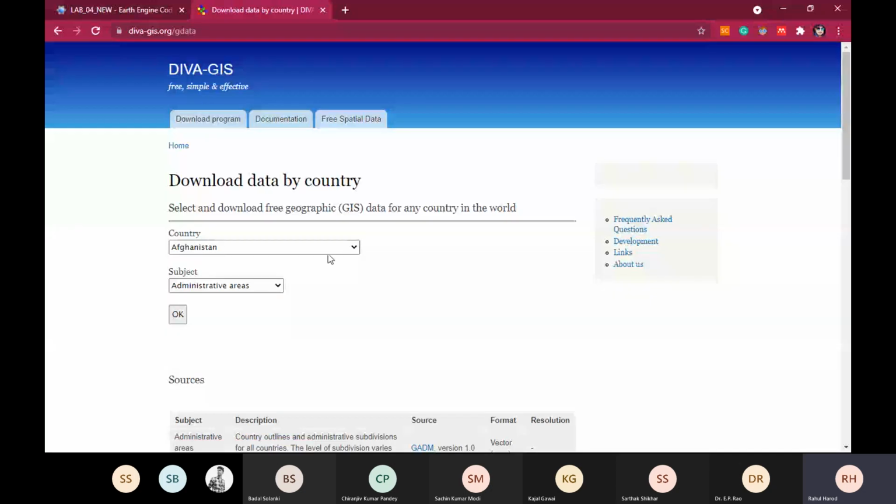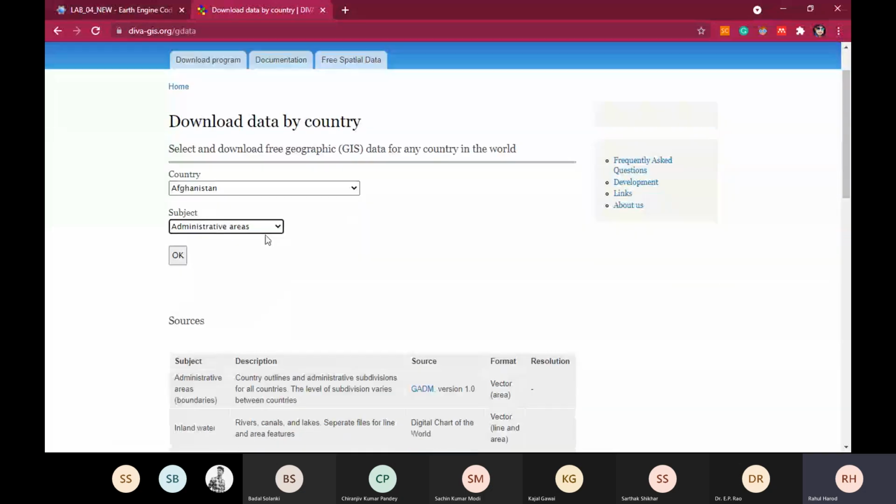On this website, shapefiles are available for all the countries, and different shapefiles are there: administrative area, inland water, road boundary, railroad, elevation, land cover, and population. All files are there. So we have to select India